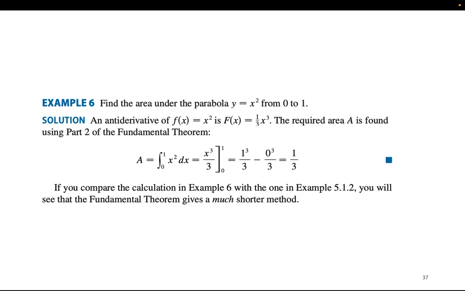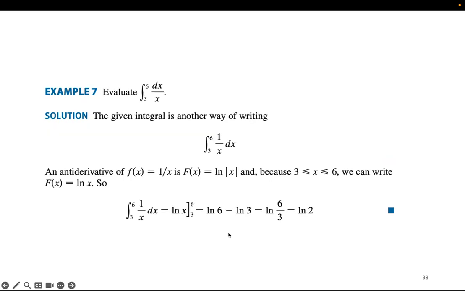So now we know how to find the area under a curve. That area is exactly 1/3. Here's another example. Again, to find the area under the curve, or the definite integral, I just find one antiderivative,